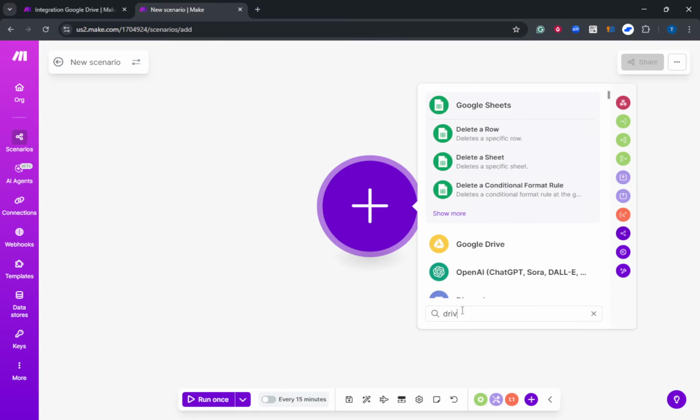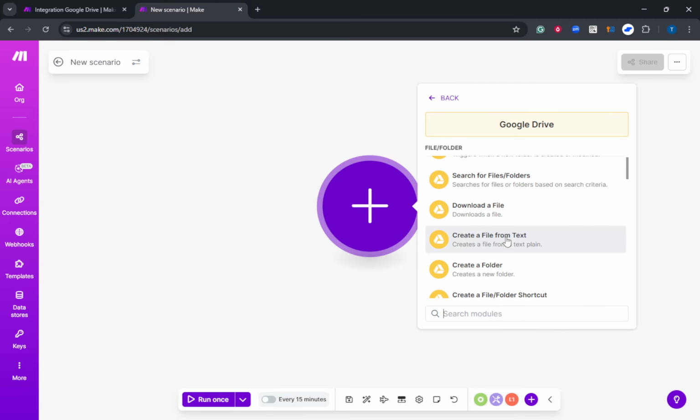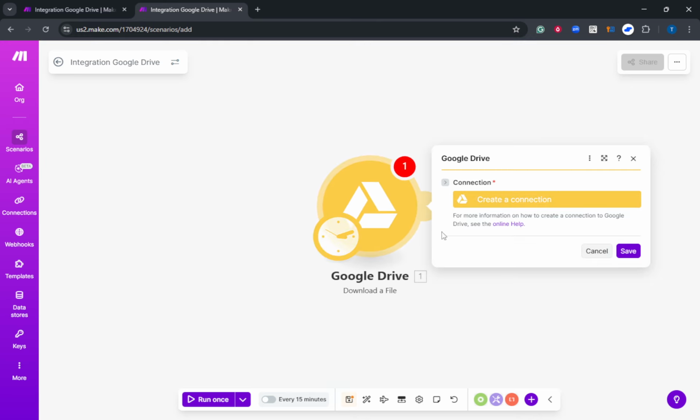Click the large plus icon in the center to add one. In the search bar, type Google Drive, then select it. You'll notice options like Watch Files, which listens for changes or new files, Upload a File, which sends a file into Drive, Create Folder, Move a File, and more,